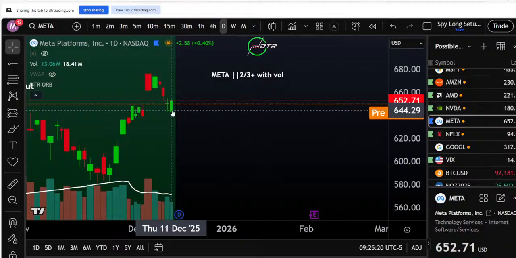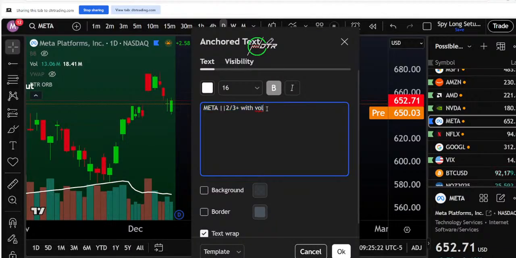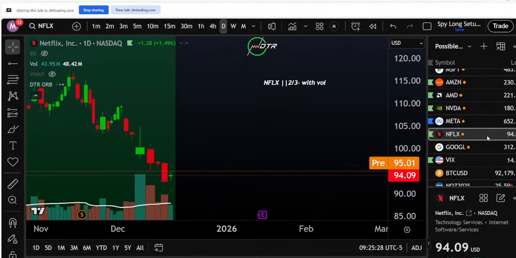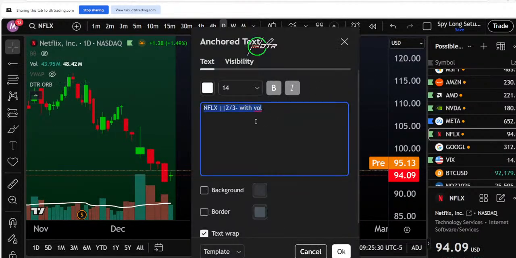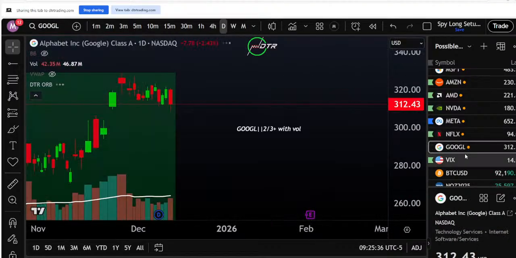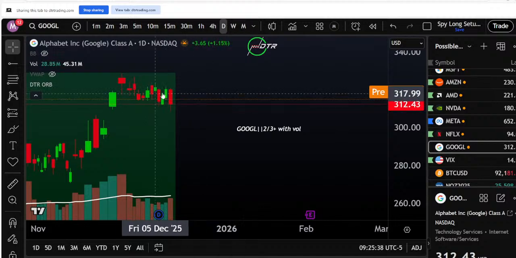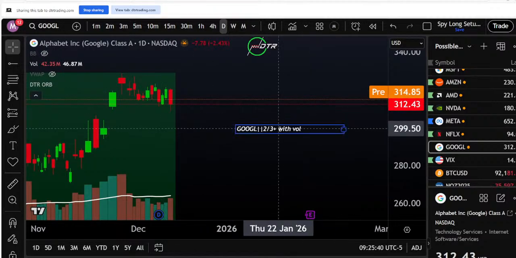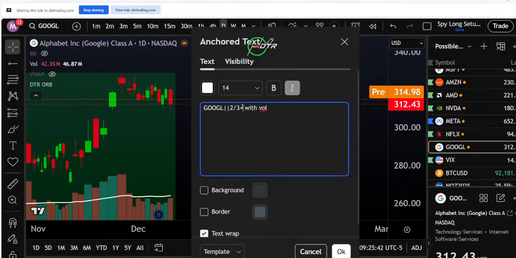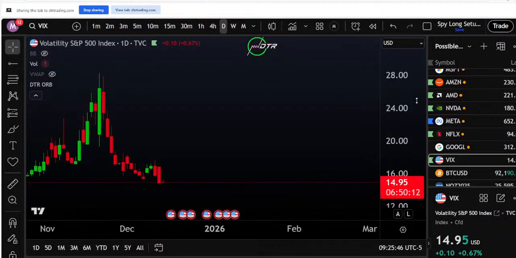Green candle, decreasing volume, gap down, so 1 for 3. Netflix, inside bar. Okay, Google, red candle, increasing volume, gap up, so 2 out of 3 to the downside with volume. And then VIX, actually surprisingly